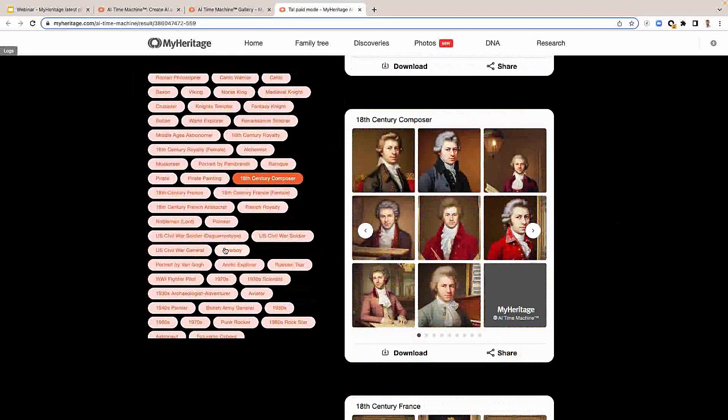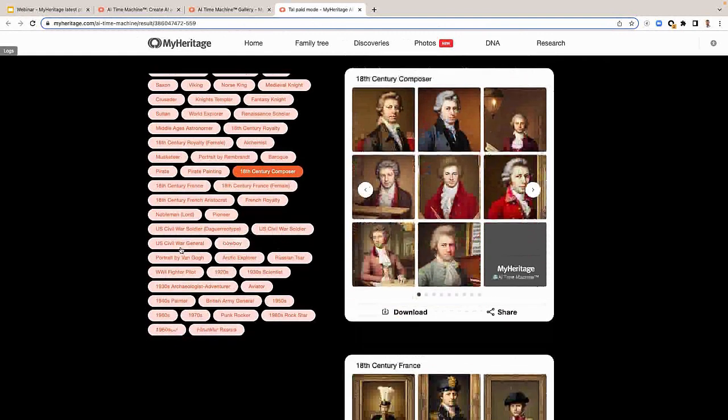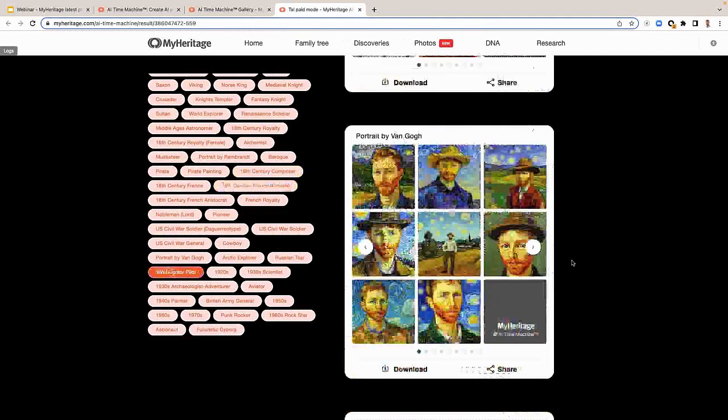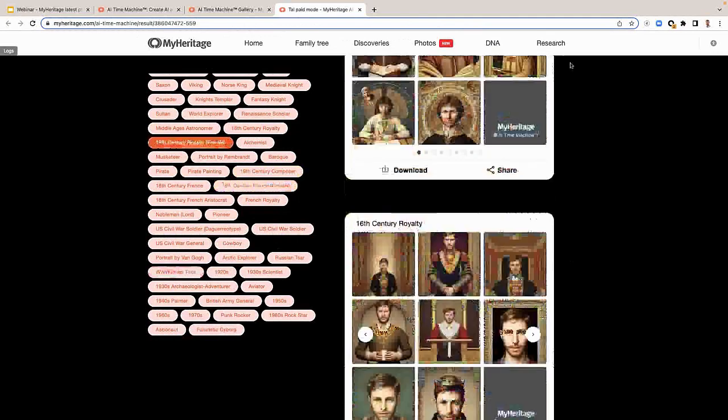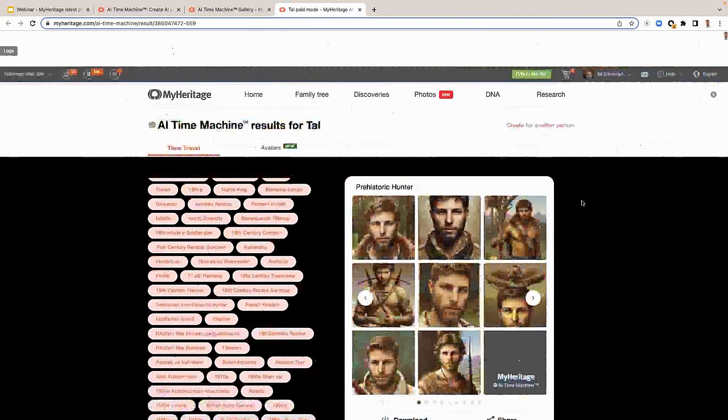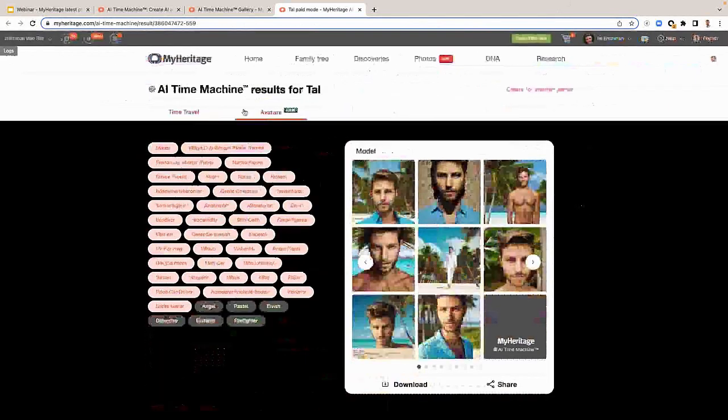We saw many posts on social media over the last few weeks of people that really enjoyed this. I'm guessing that some of you also saw that. So you can get really nice and interesting results. One other thing that I wanted to show here is that we also added, one moment, another tab here at the top. We have two tabs. We have one tab for time travel and another one which are more like generic avatars that we create